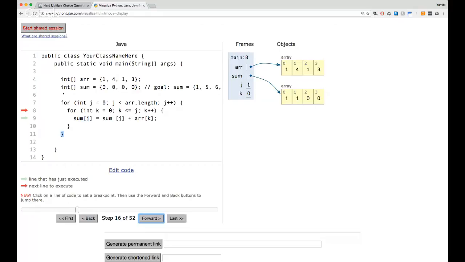So what we've done so far is we've added sum of j, which was 0, and array of k, which is also 0. So we've just added the first element of array into this sum of 1. Okay. So if we step forward,